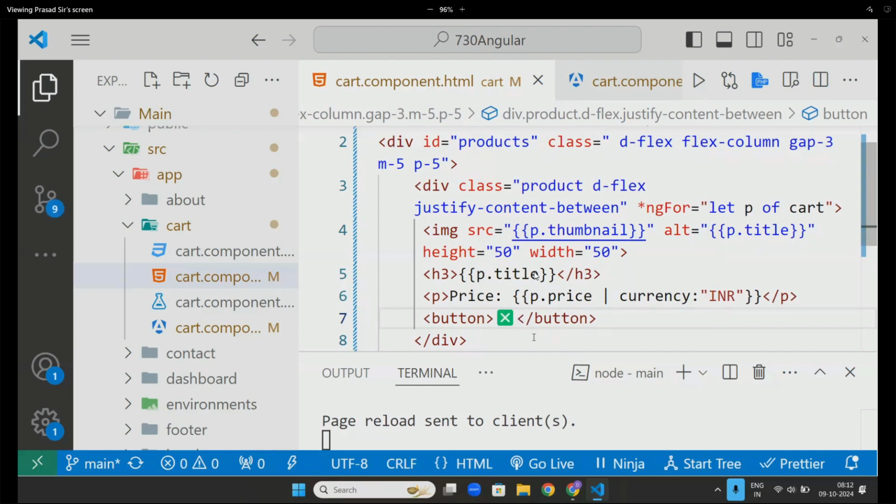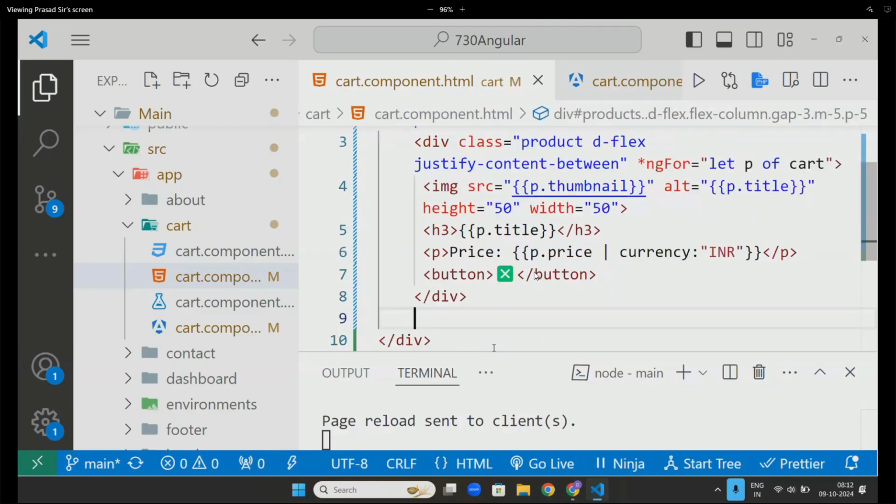Any doubts? Here, paragraph, total, initially 0.